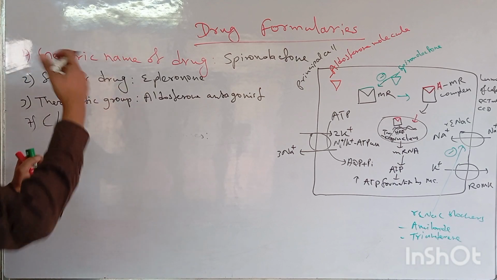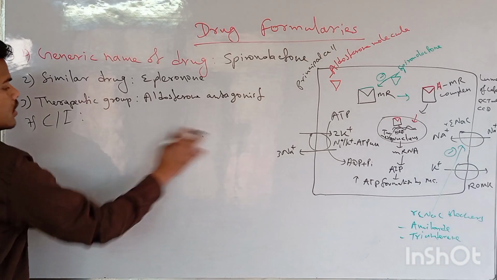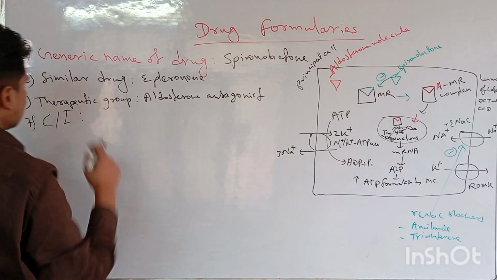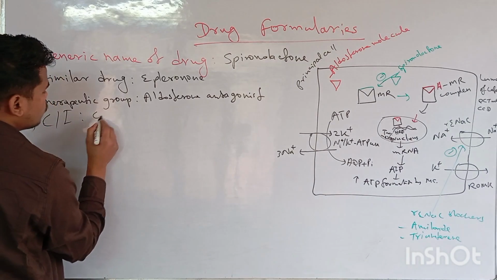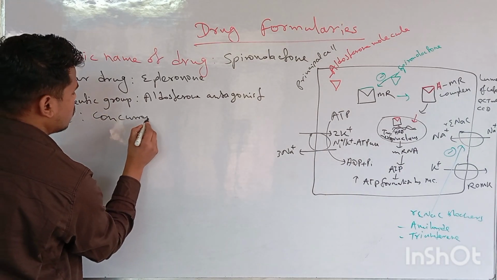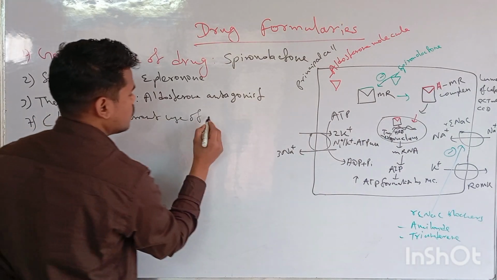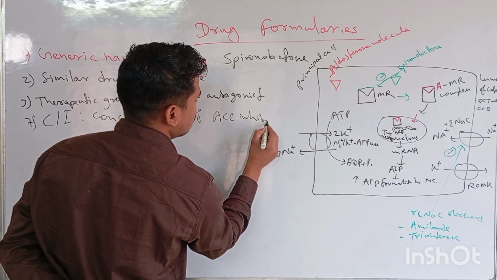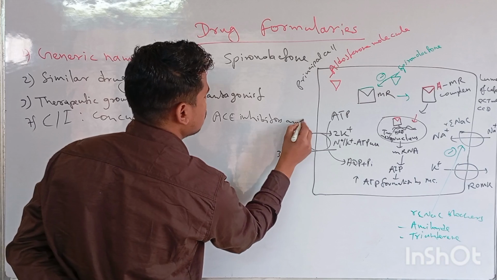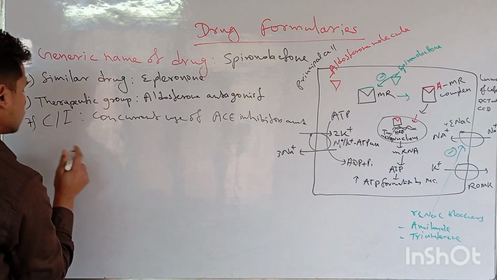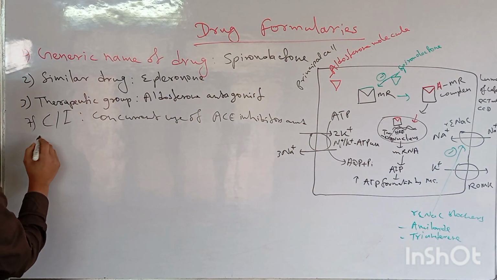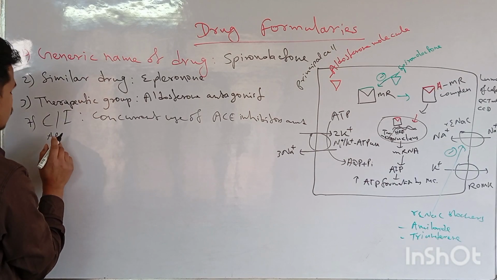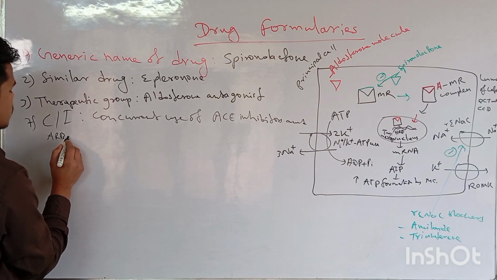And in case of other drugs, you should write the contraindication. The contraindication is concurrent use of ACE inhibitors and ARBs, angiotensin receptor blockers,